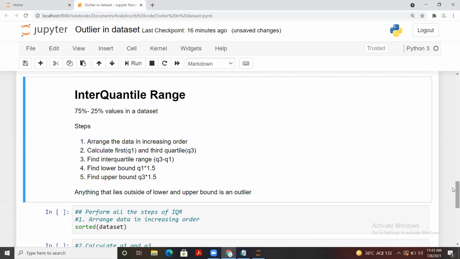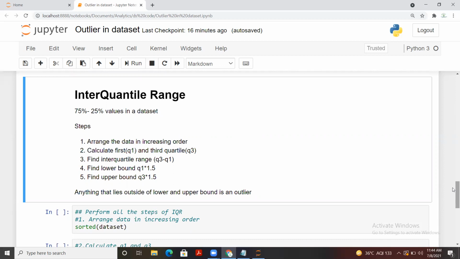Then we find the lower bound and upper bound, using 1.5 times the interquartile range. Anything below the lower bound and anything above the upper bound is going to be your outlier.